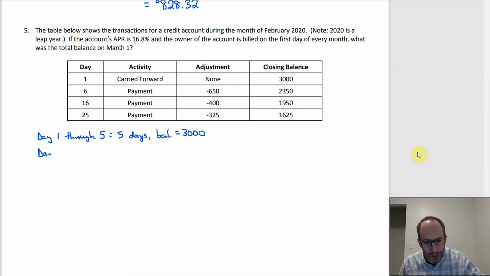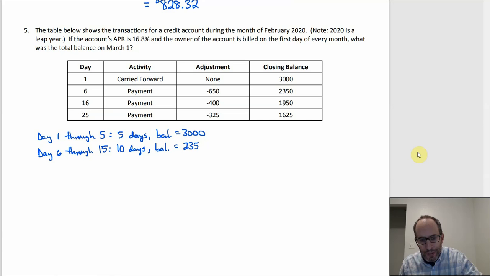Then day 6 through 15, that's 10 days, right? 15 minus 5, and then for those 10 days we have a balance of 2350, right? Because for those 10 days, that first payment has been made, but the second one hasn't been made yet. All right, then day 16